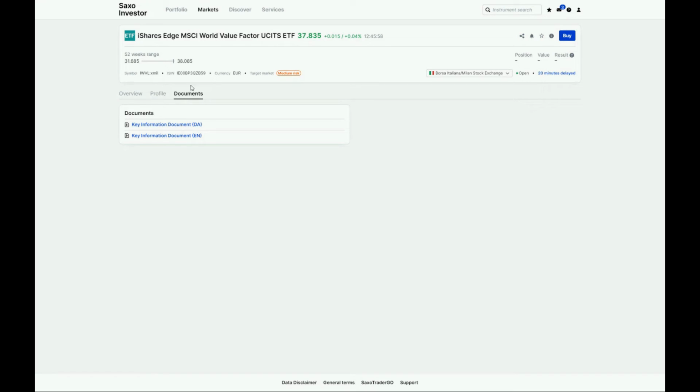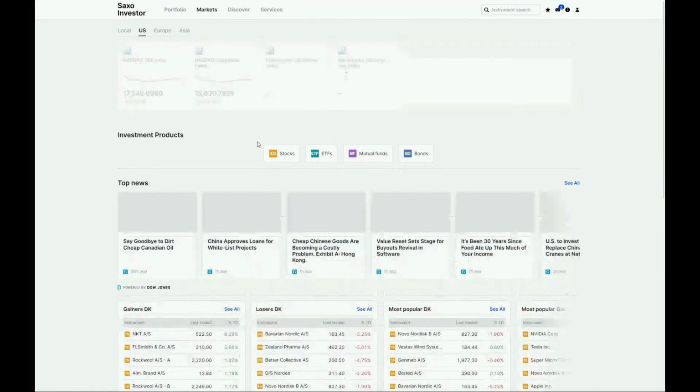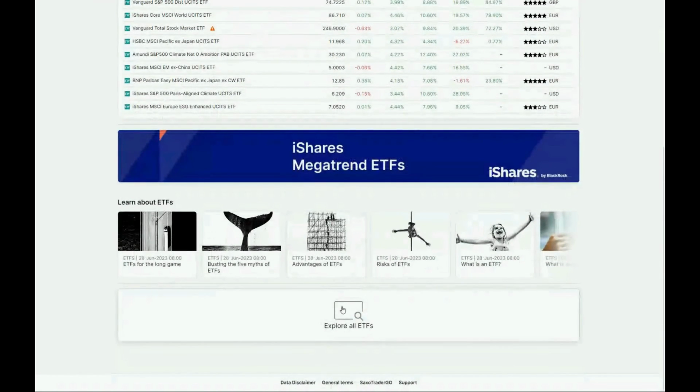This, for example, has one, iShares Edge MSCI World Factor. I won't open it because then it will screw up my view here. But going back to the total screener tool,